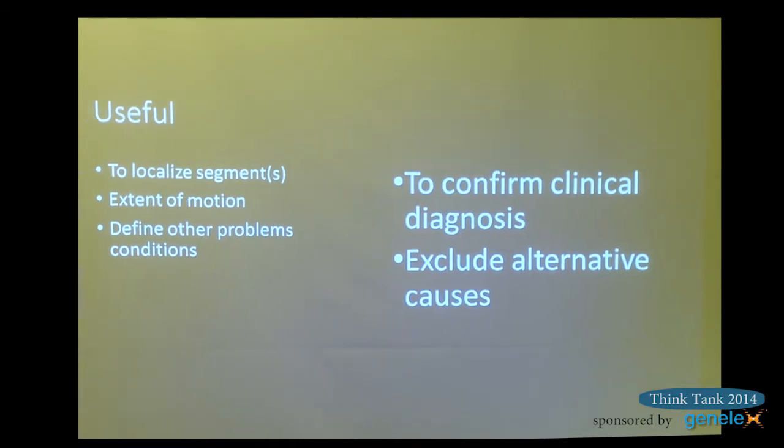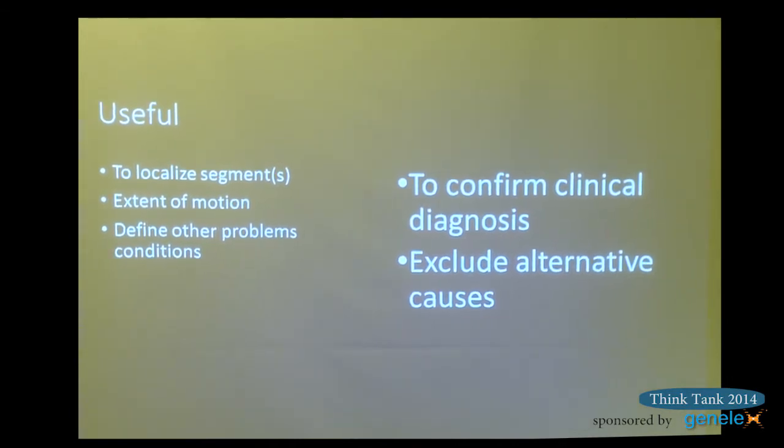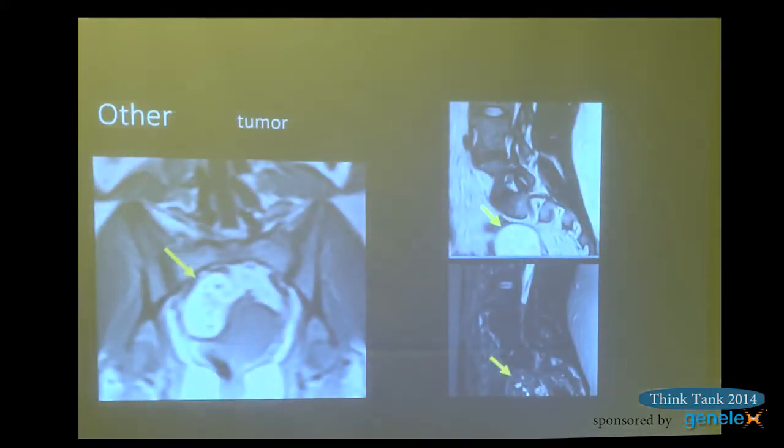The upright MRI is useful to localize segments of instability, impingement, areas of motion, and to define other problems that may be going on. I'm really here to confirm clinical diagnoses and exclude other causes that might not have been obvious from the start. Other causes or other issues that are sometimes seen are things like tumors,